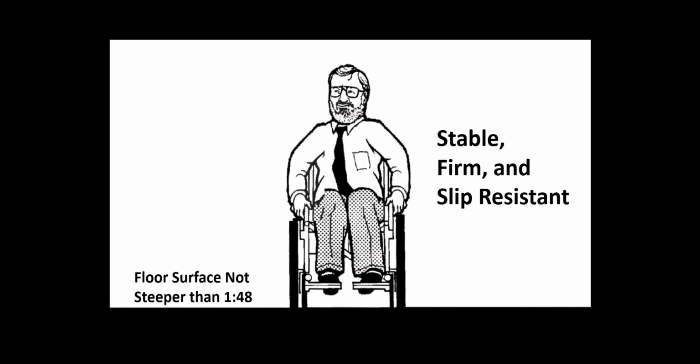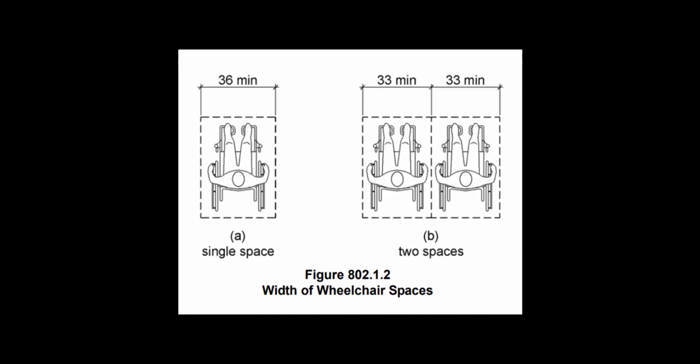So section 802.1.1 says the floor or ground surface of wheelchair spaces shall be stable, firm, and slip resistant. Changes in level are not permitted except slopes not steeper than 1 in 48 are permitted. The width of a single wheelchair space shall be 36 inches wide minimum as shown on the left. Where there are two adjacent wheelchair spaces provided, such as shown on the right, then each wheelchair space shall be